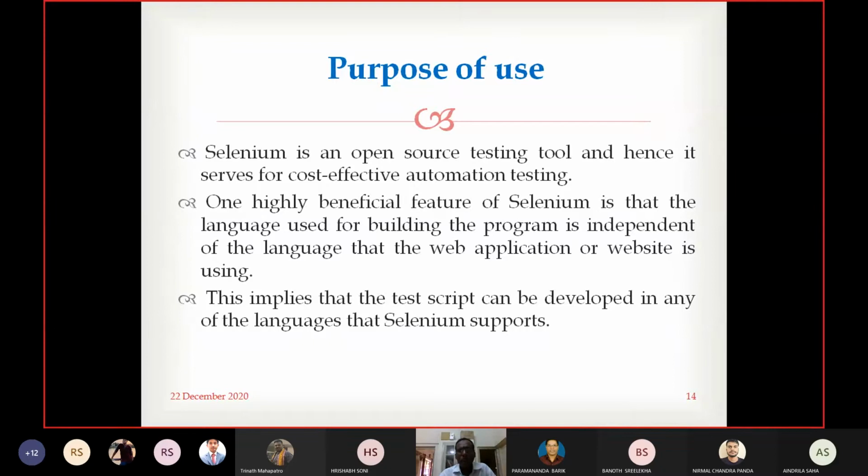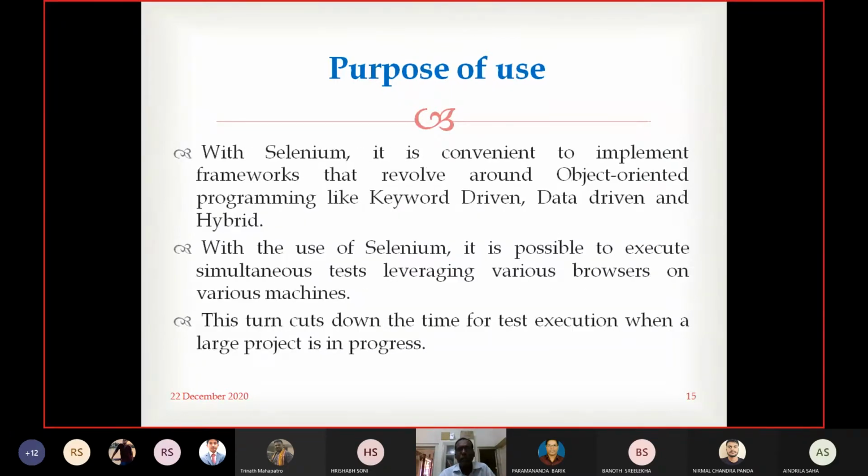With Selenium, it is convenient to implement frameworks that revolve around object-oriented programming, like keyword-driven, data-driven, and hybrid approaches, etc. Then, with the use of Selenium, it is also possible to execute simultaneous tests leveraging various browsers on various machines.